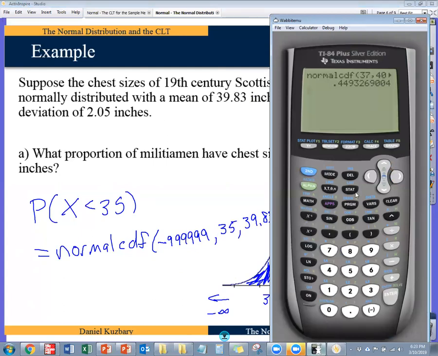So I'll do the normal CDF thing again. So my lower bound is going to be negative 99999. You can keep hitting nines if you want to. Upper bound is 35. My mean is the same. My standard deviation is the same. So that's what you type on your home screen if you got the older calculator. Start with a 99999, negative 99999. And I get 0.0092,